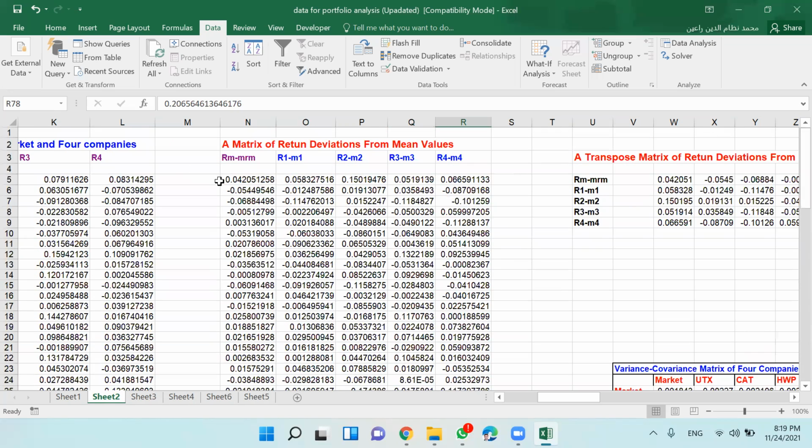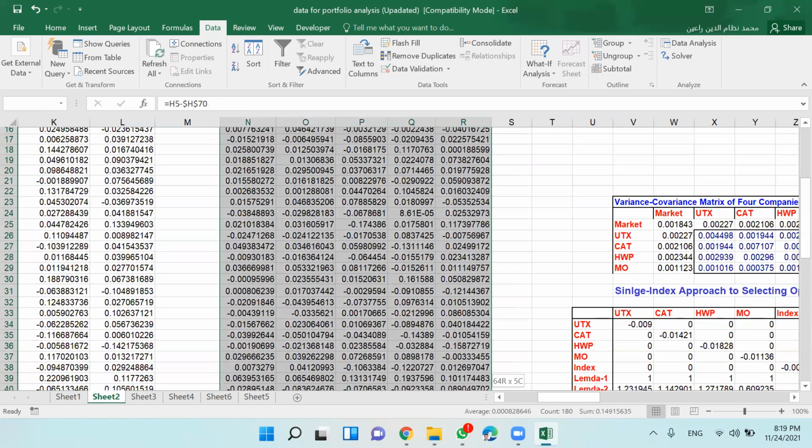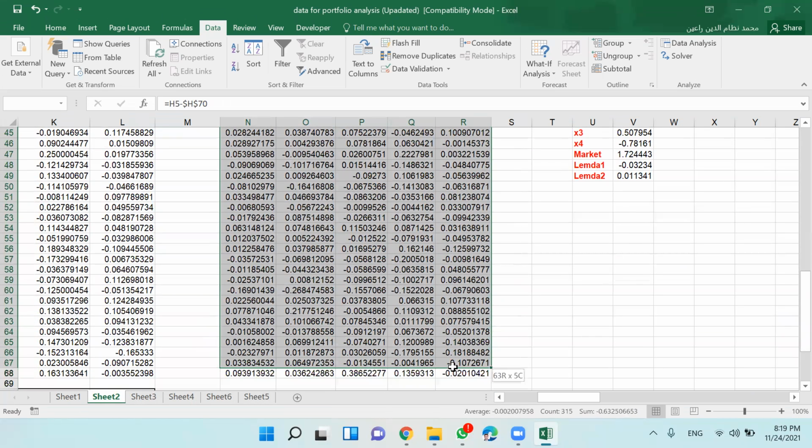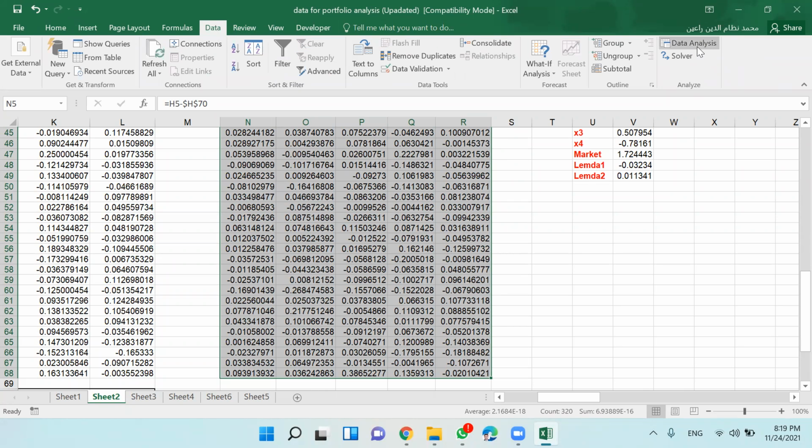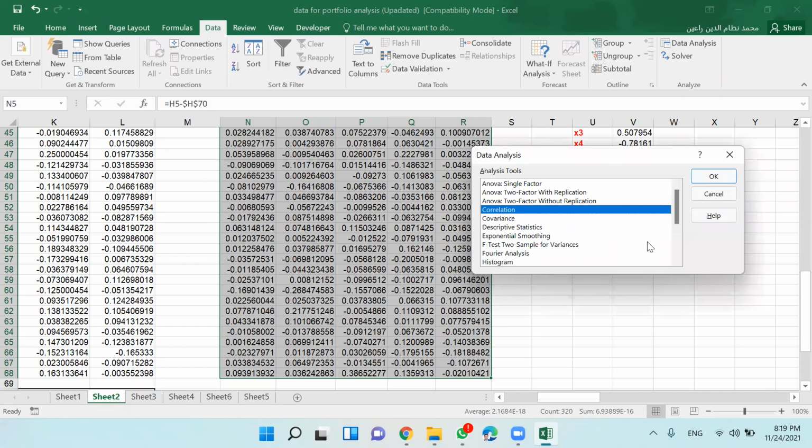If you want to have the descriptive statistics, let me select this and then go to data again, go to data analysis and go to descriptive statistics, right?